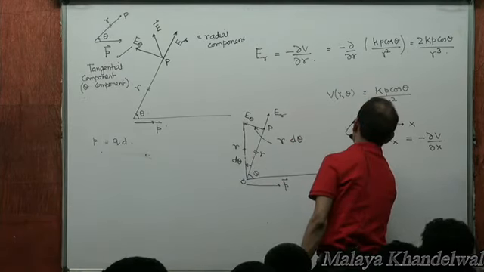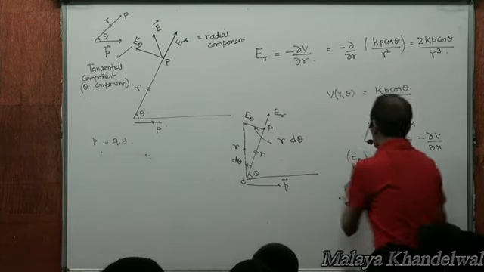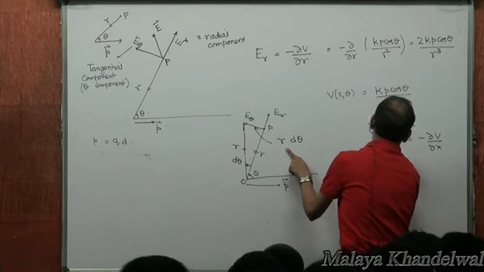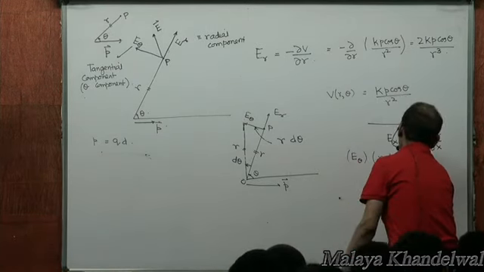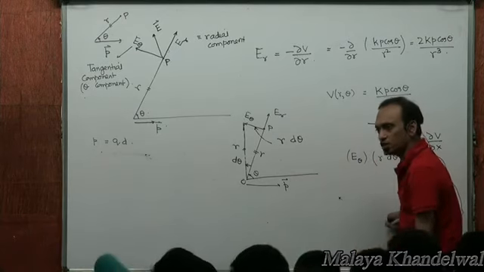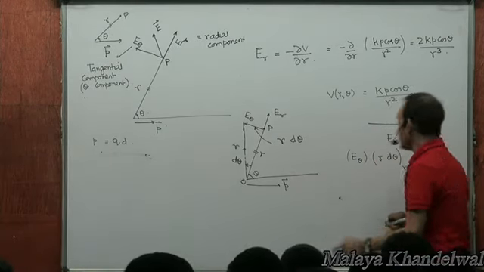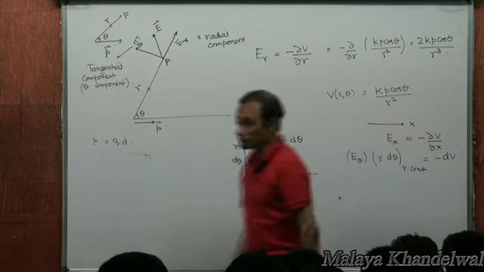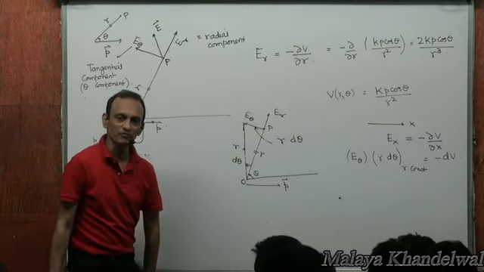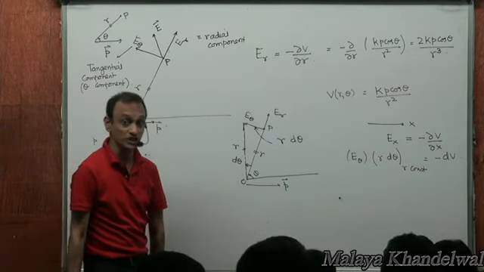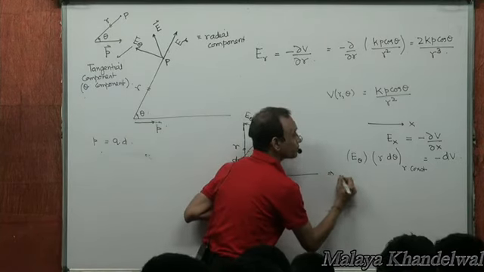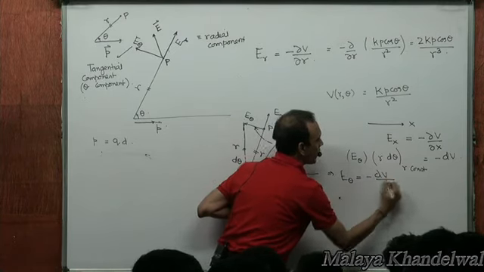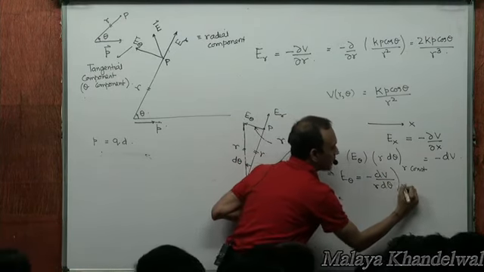Work done by the forces of the field would be E theta, that's the force of the field acting, into r d theta, right? R is maintained constant during the small displacement. And that must be negative of the change in potential, yes or no? By definition, work done by the forces of the field is negative of the change in potential. So this gives me E theta as minus dV by r d theta, keeping r constant.